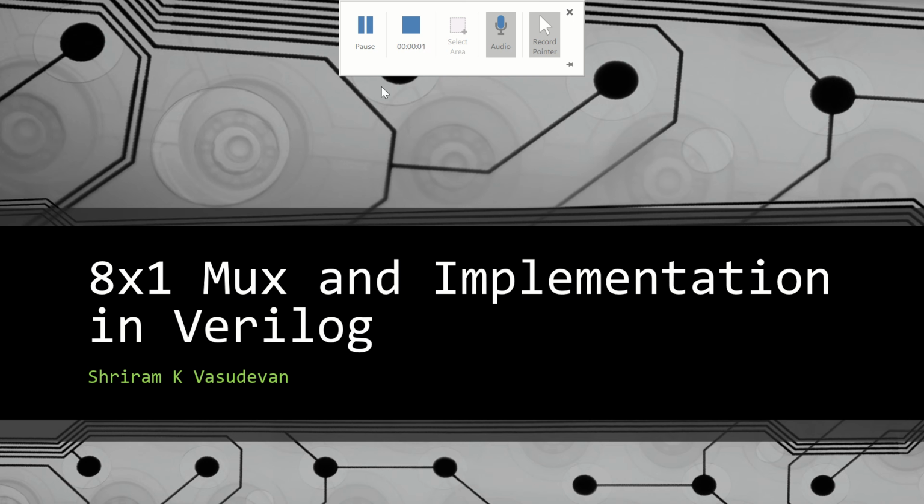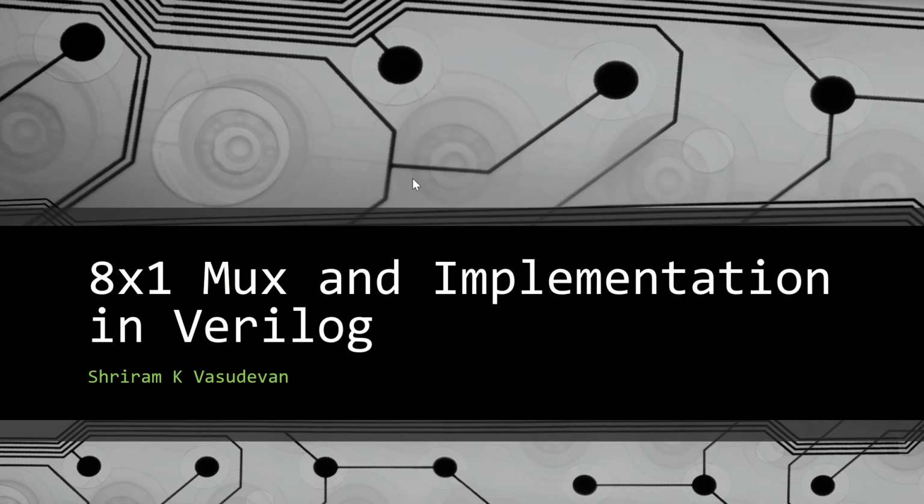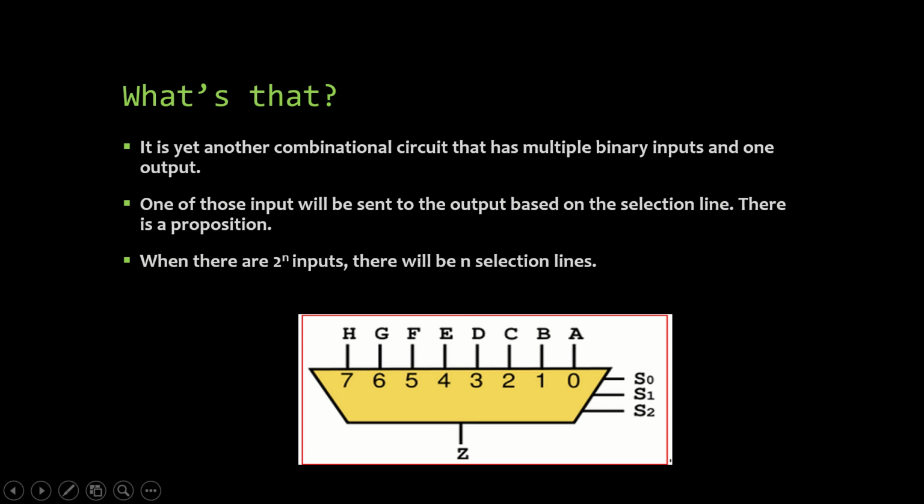Hello friends, welcome back. In this session, we will understand how we build an 8x1 multiplexer while also understanding how it functions, and then we will go ahead with the Verilog implementation of the same. In the previous session, we learned clearly what exactly a 4x1 multiplexer is, how it works, the truth table, and the logic gate construction. Everything was clearly explained, and I hope it was useful. In this session, we go ahead with a little higher version of it, which is nothing but the 8x1 multiplexer.